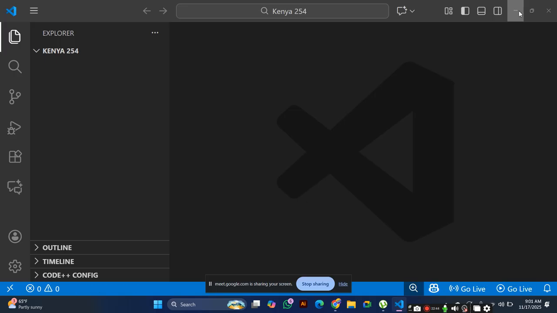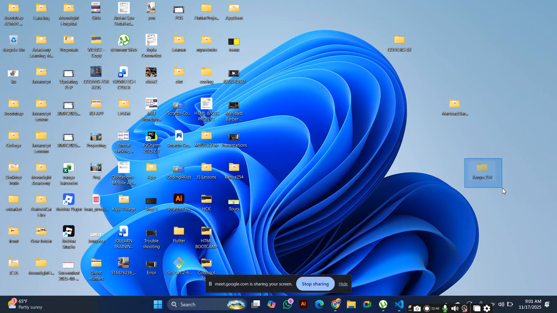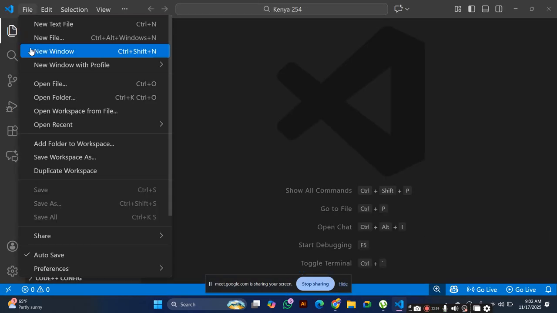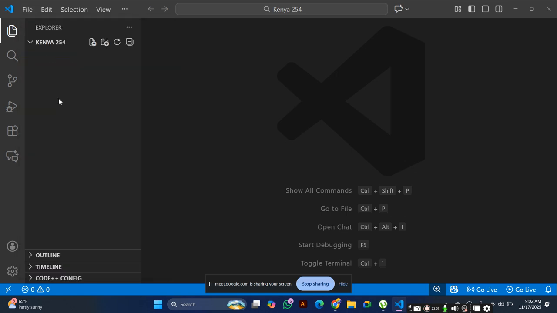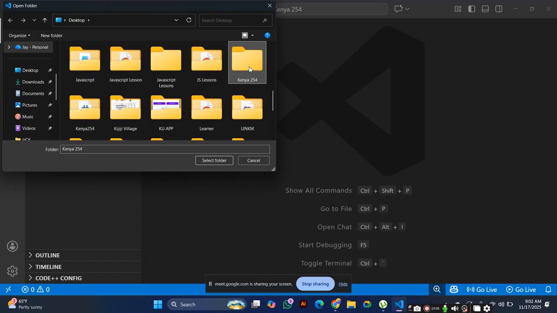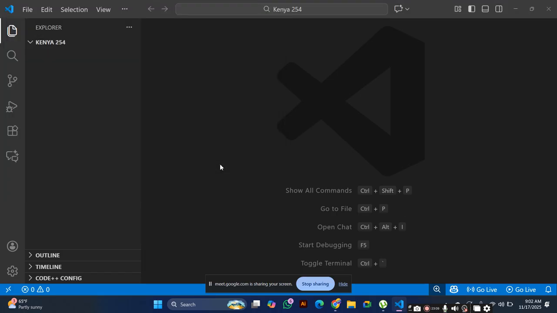So the first thing was to create a folder in the desktop, give it the name Kenya 254, then open Visual Studio Code, click the File menu, select Open Folder, go to your desktop, then select Kenya 254. That was the first step to do. With that step, we can get started on other things.